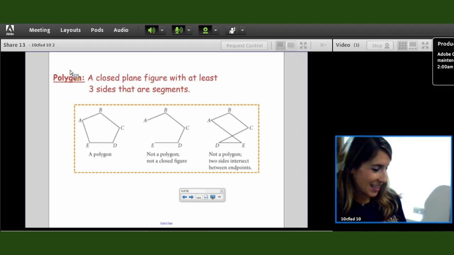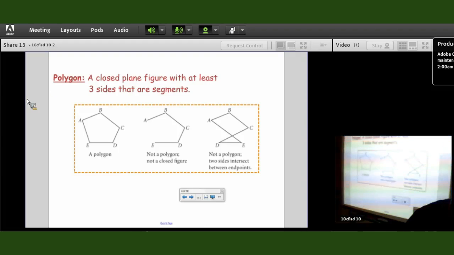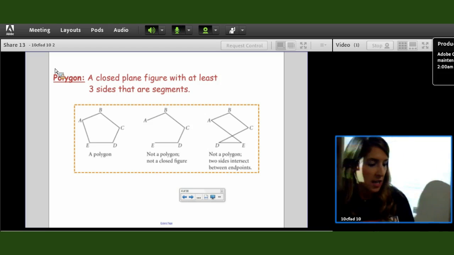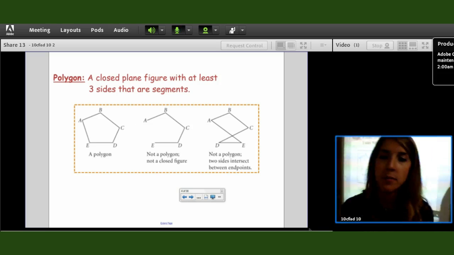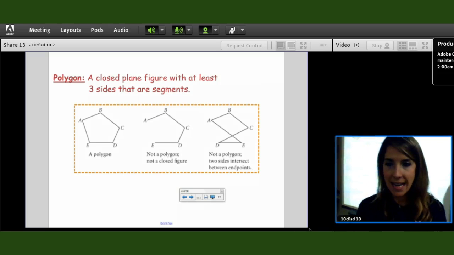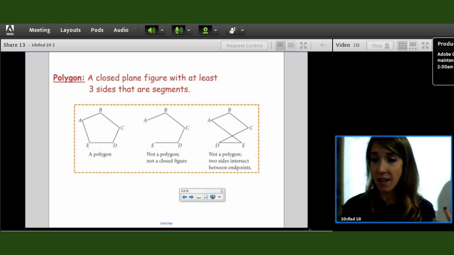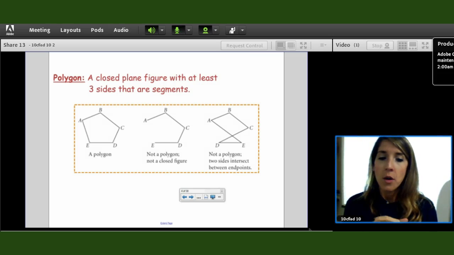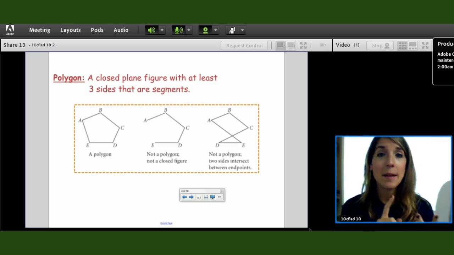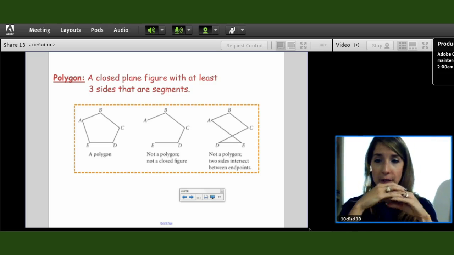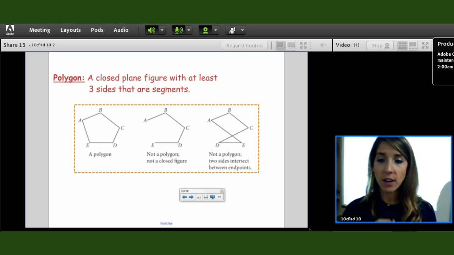Going to start off our lesson talking about polygons. The reason we're going to talk about polygons first is that polygon means many angles. Poly means many and gon means angle. So we are moving away from, we learned point, line, plane. Those were our foundations of geometry. Now we're going to start to do things with those points, lines, and planes and make them into actual figures